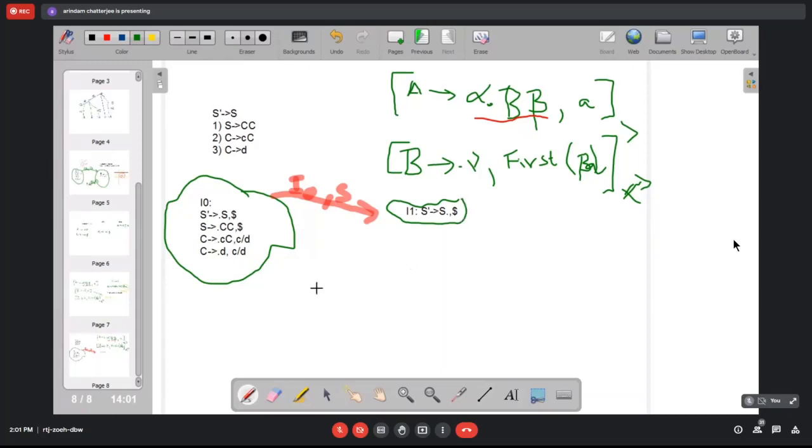Okay. Then you should have I2, which is I0, comma, capital C. What is in there? That is I2.